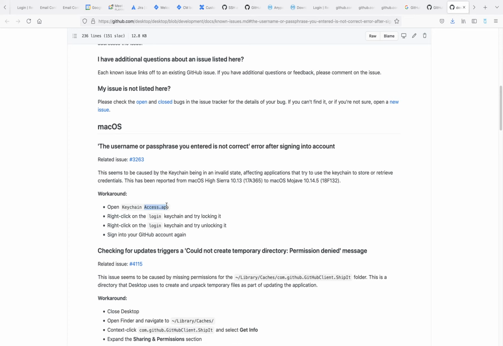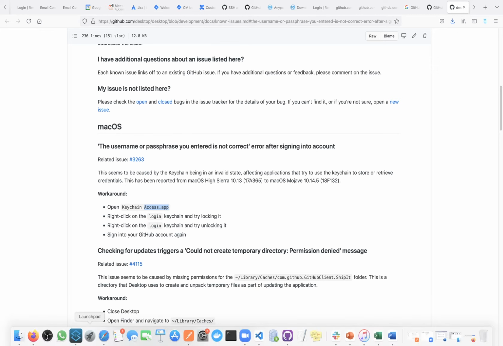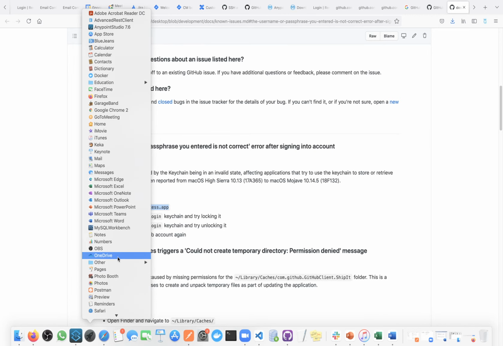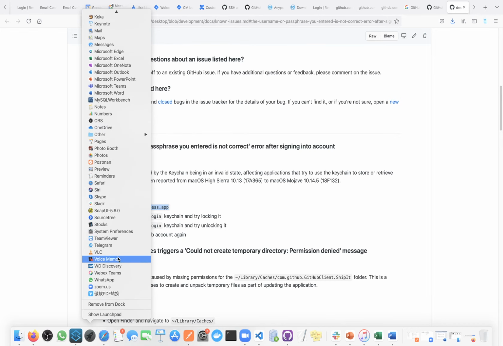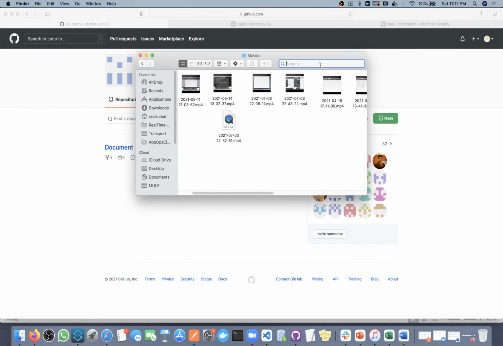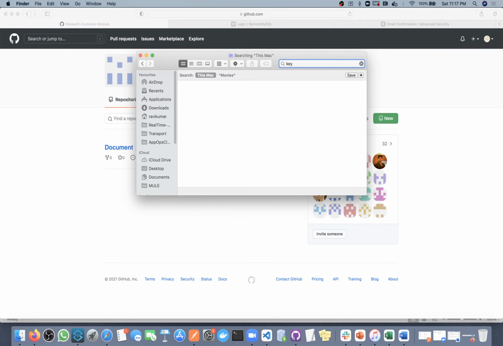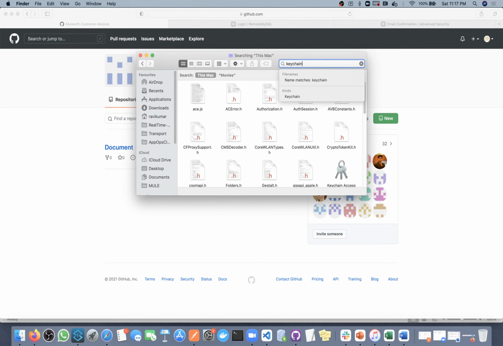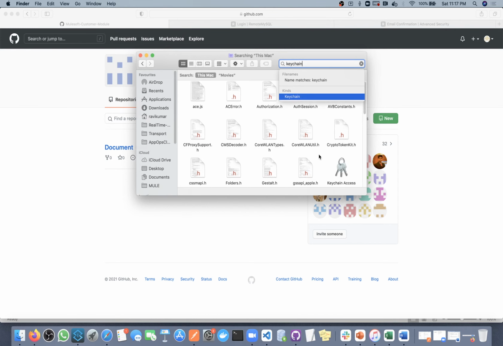Where will I get this Keychain Access app? Is there anything? Okay, this one.